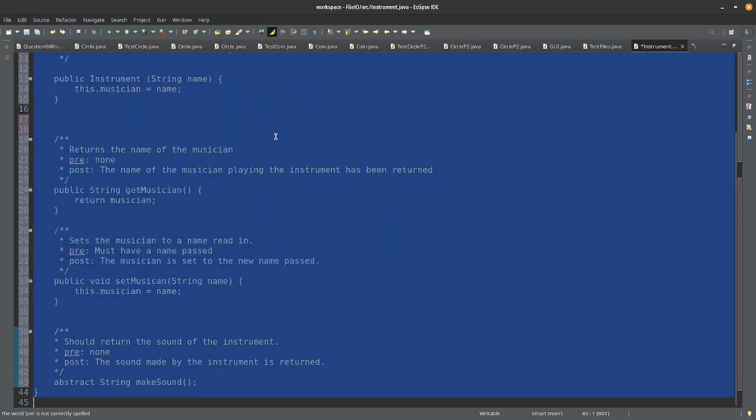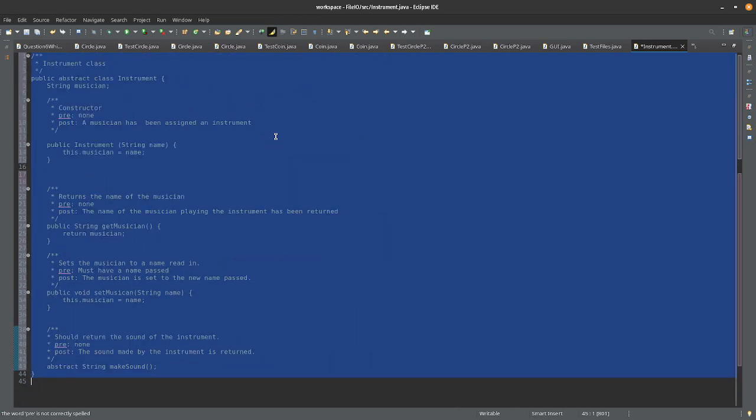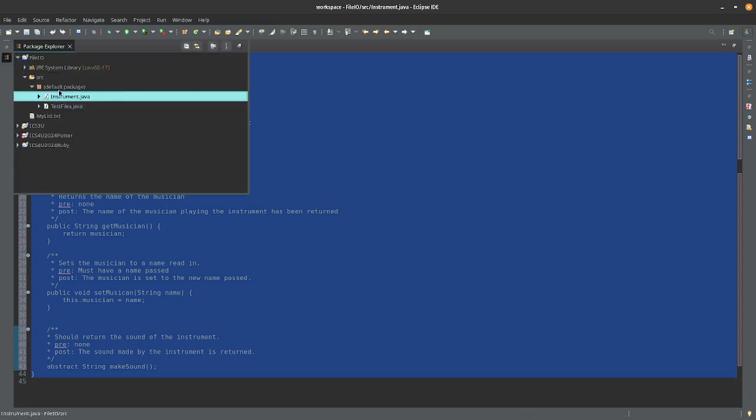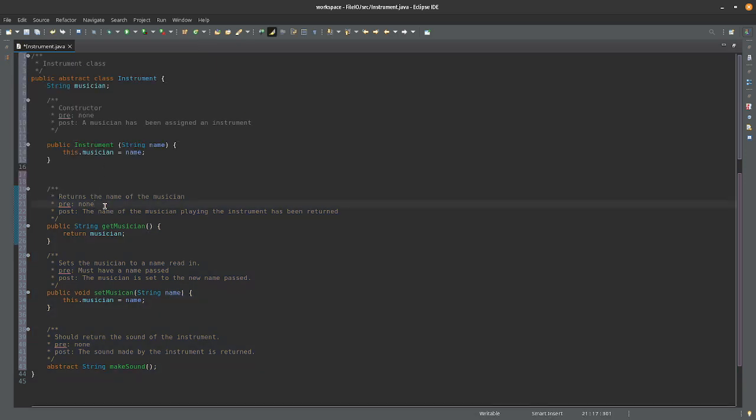There is our abstract class instrument. Here is the cool part about this. In my main class, I have this instrument class, but I know I cannot create a copy of it. When I try to do that in a main method, the program just breaks. But if I wanted to,